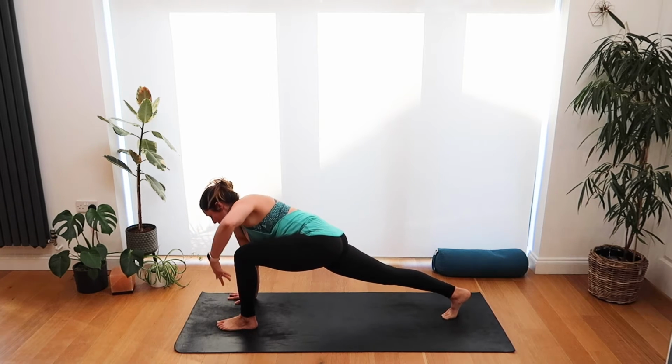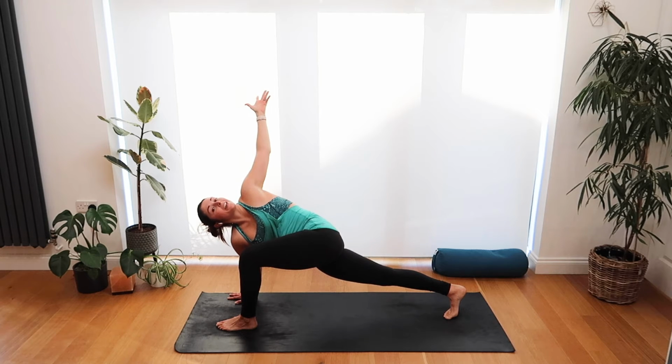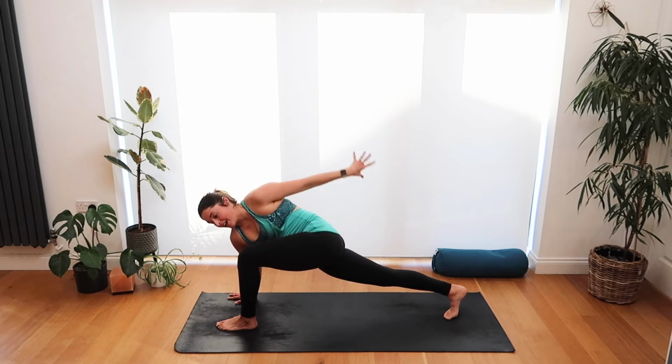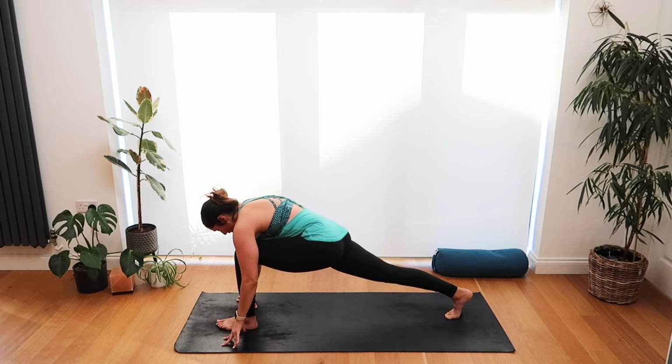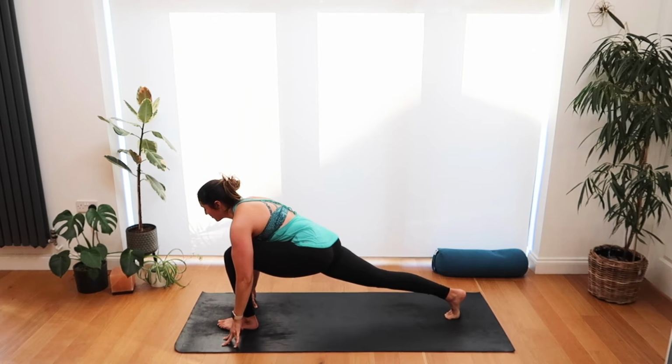Going into that nice open lunge, that twist, putting the weight into the right hand, sweeping the left hand up to the ceiling as you inhale. And then exhale, hand comes back down, finding that low lunge. As you inhale, lengthen through the spine, pulling the shoulders down the back, finding the opening in that right hip flexor. From here,